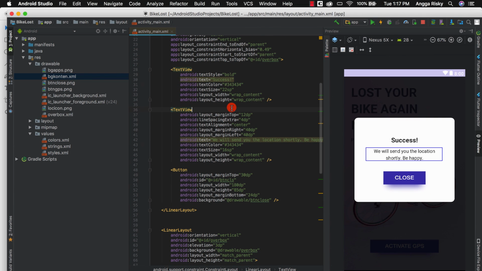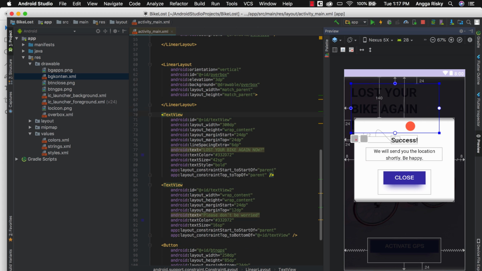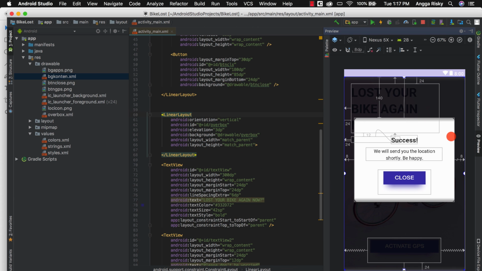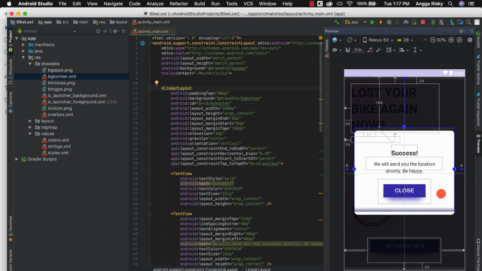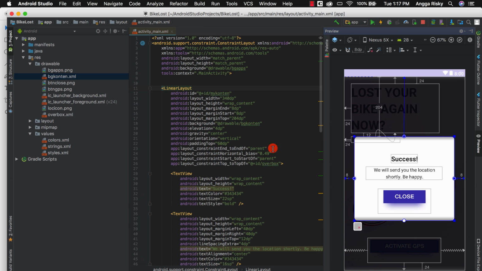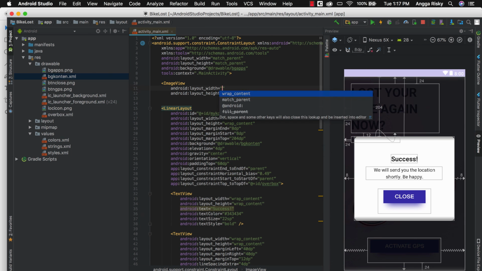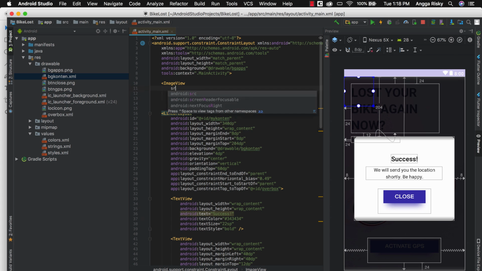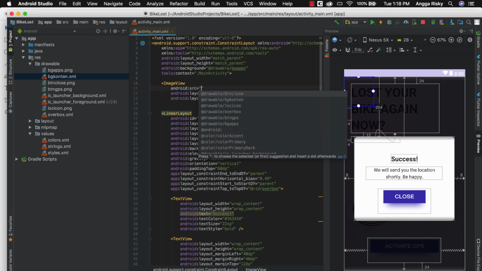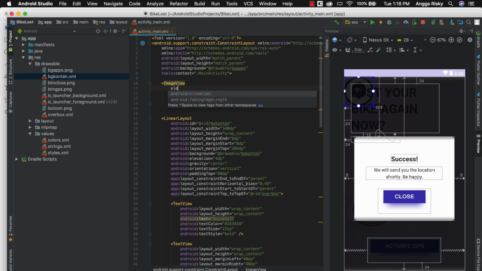Okay, and then we still have to do over here for the icon. So first of all, I want to put the button, and then we put an image view 100 dp, 100 dp, and then the source is the Logicon, and elevation supposed to be 4 dp.